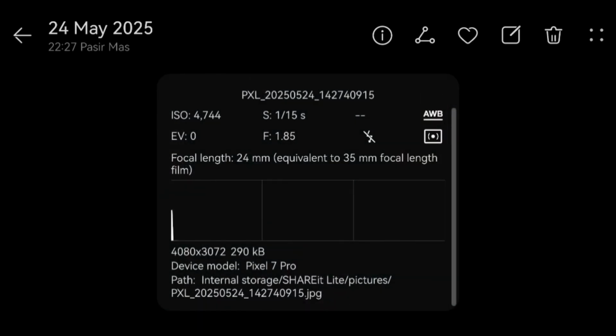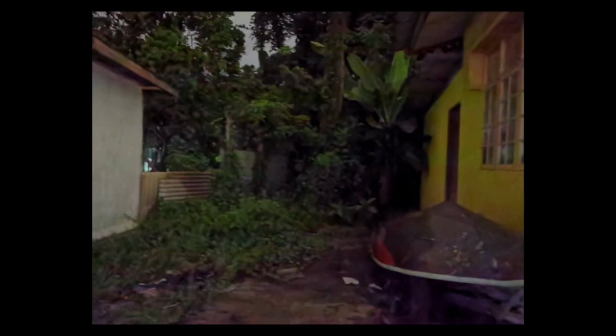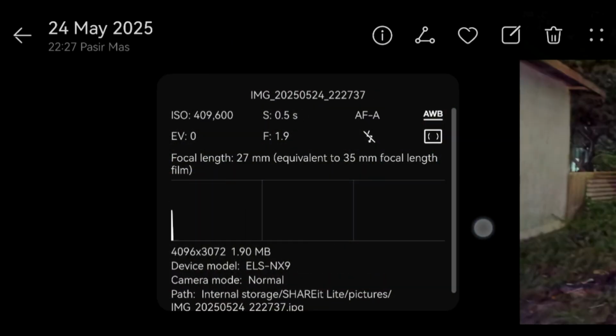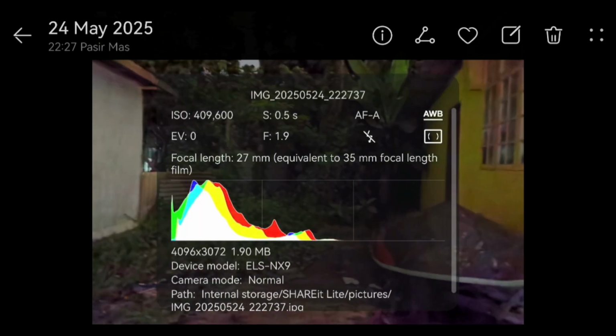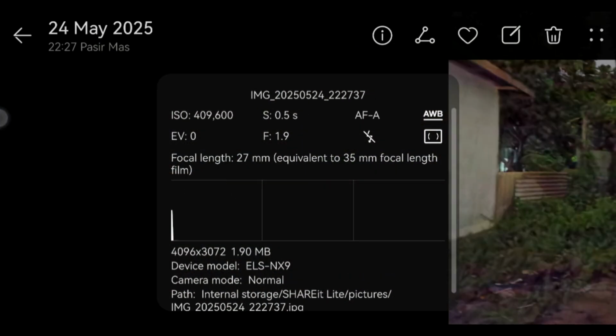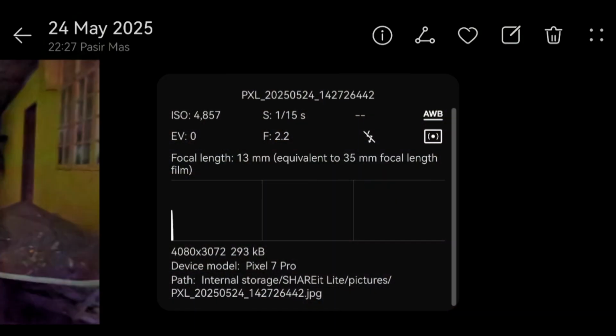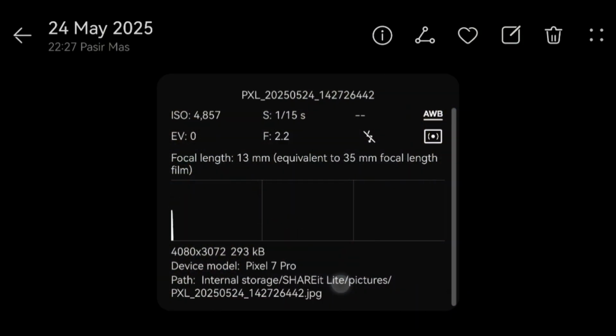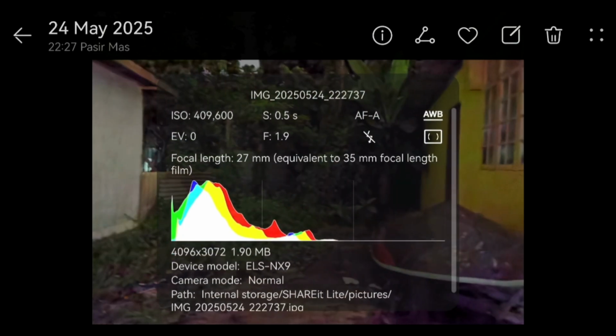So yeah. And now we're looking at the sets of images from the main sensor. This one is from the Pixel and this one is from the Huawei. Now again, the Pixel, in its normal mode, refused to render the image. In terms of the seconds span, still the same. The main sensor of the Huawei still goes by that under 1 second exposure. Both are 1 second exposure, just the Huawei taking a little bit more time, but then again, it is still under 1 second, and the ISO here is higher, almost the same, but definitely